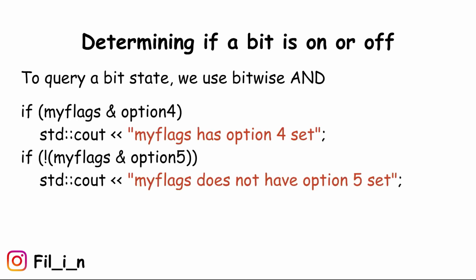Result = 00001100. To query a bit state, we use bitwise AND. if (myflags & option4) std::cout << "myflags has option 4 set"; if (myflags & option5) std::cout << "myflags does not have option 5 set";